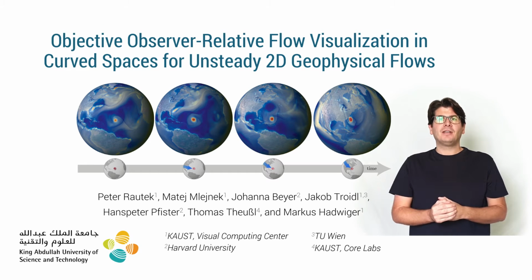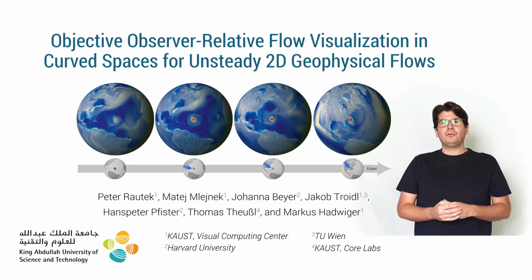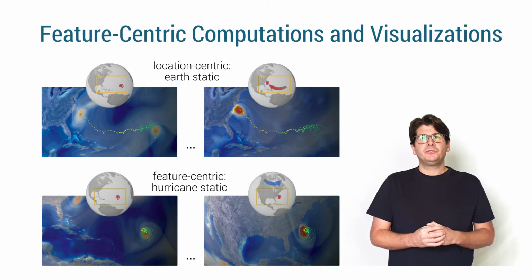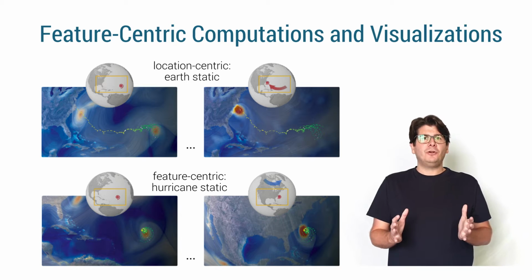Hi, welcome to my talk about Objective Observer Relative Flow Visualization in curved spaces for unsteady 2D geophysical flows. I know that's quite a long title, but let me try to show you an example. For instance, when we look at a hurricane on the Earth's surface, a location-centric visualization would keep the Earth static